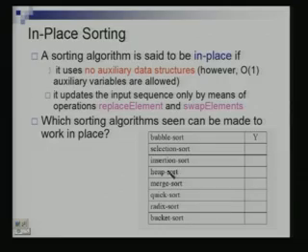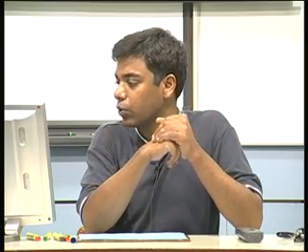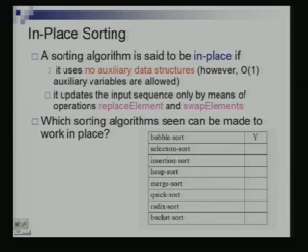Okay, who can tell me heap sort? Is heap sort in place? So we can have one array and basically implement our heap in that array, and we are just changing the elements in that array. Merge sort, is merge sort in place? Why not? To merge two lists you need additional space, right? You cannot merge in the same list. So merge sort is not in place. Quick sort? Quick sort is in place because we partitioned in the same array and then we just did recursively left and right.